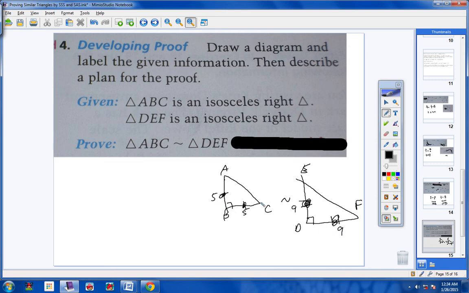Well, look, 5 over 9 equals 5 over 9. If these two sides here are congruent and these two sides here are congruent, then it's going to be 5 over 9 equals 5 over 9. The two fractions will always be equal. So I would set this proof up by saying AB over